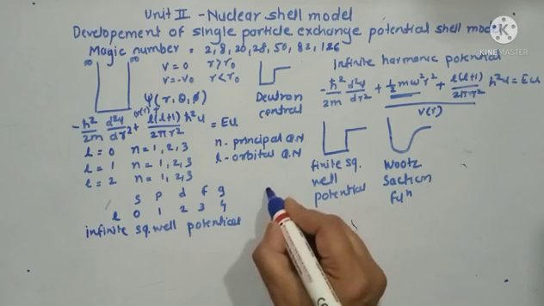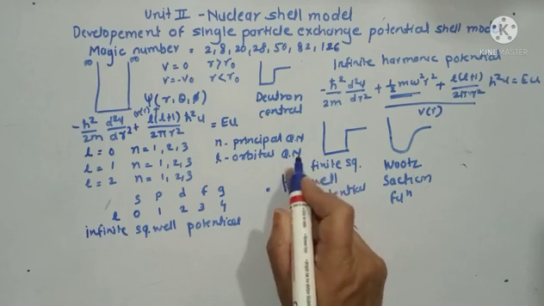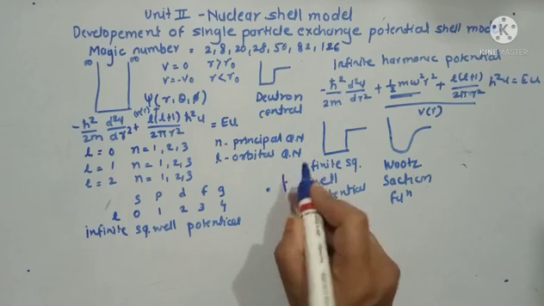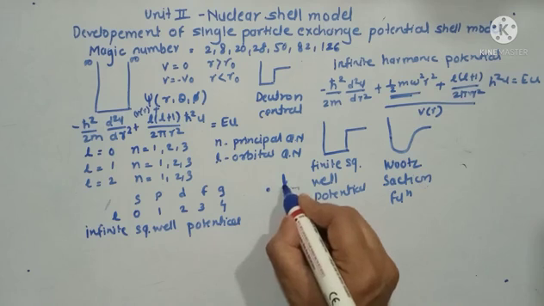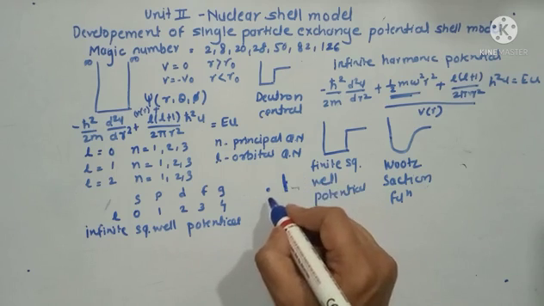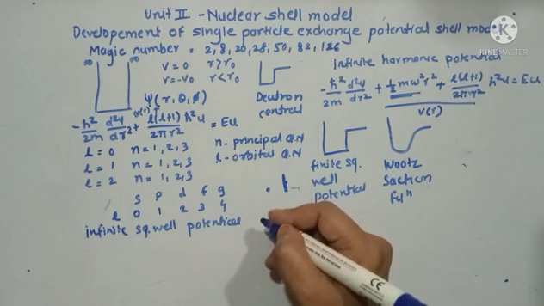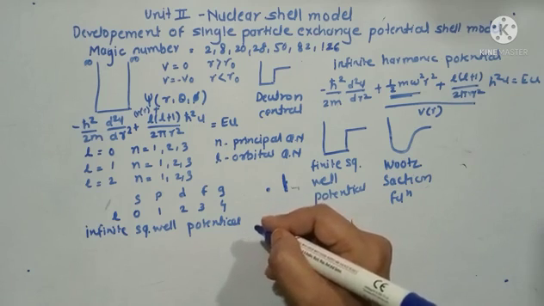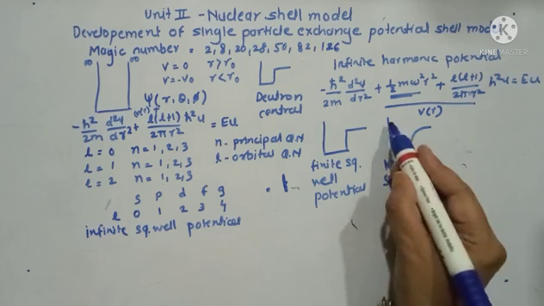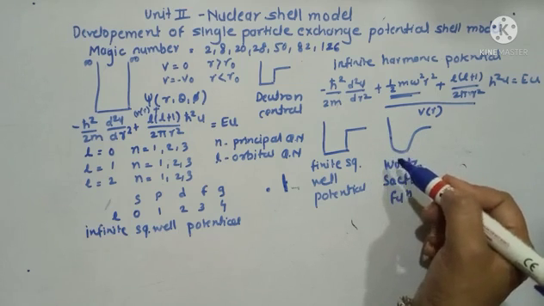Suppose the potential is there up to this boundary and is 0 beyond it, so that after this point the potential drops drastically. This is not the case practically. Actually the potential, force, energy, whatever the entity, that function goes on decreasing gradually. So the Woods-Saxon function is the mathematical representation of the